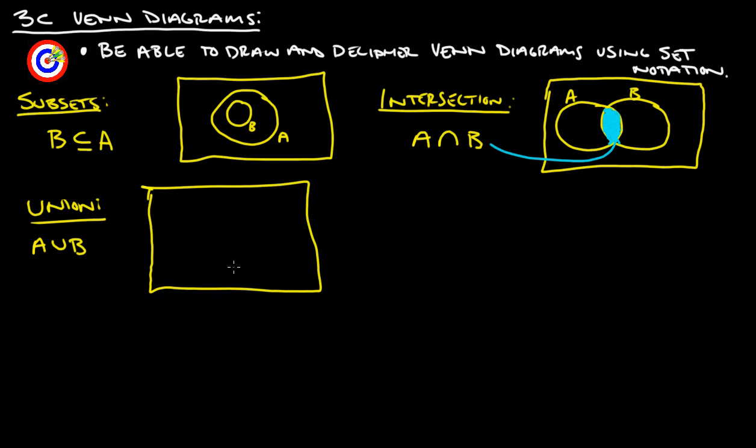They're fantastic. Okay, A union B is going to be, let's call this A and this B, and again union means it can be in either A or B. So A union B is going to be all this stuff in here,